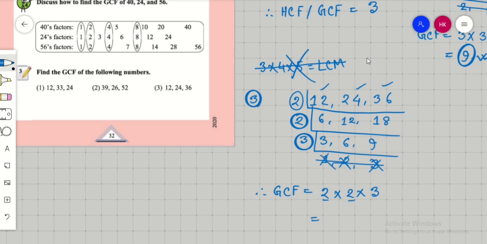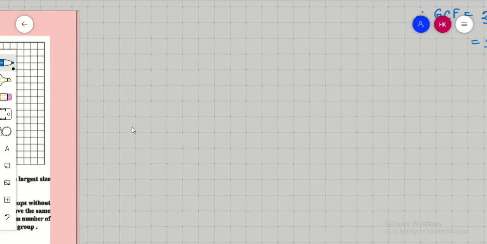No bottom side numbers, only left side numbers. So 2 2s are 4, 4 3s are 12. So 12 is the GCF of these three numbers. That means 12, 24 and 36, GCF is equal to 12. I hope you understand. Now we want to do some applications of this